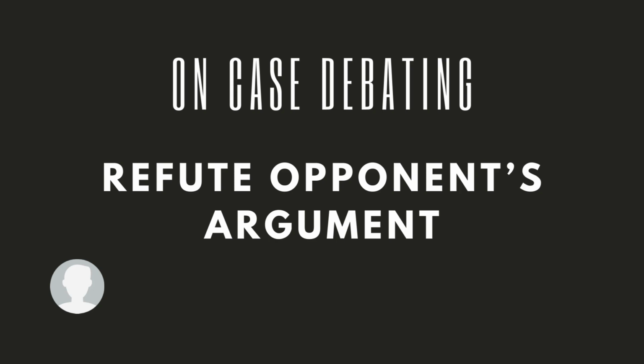So after reciting the argument, you definitely want to go straight to the refutation. And refutation is just disagreeing, but it's a lot more than that, right? There are different ways that you're able to refute an opponent's argument. The first thing that you can obviously do is just say, look, this isn't true. But you have to be more specific and tell us why. Now, you can tell me that under contention for solvency, the evidence says a federal jobs guarantee is a critical investment and solves issues dating back decades.